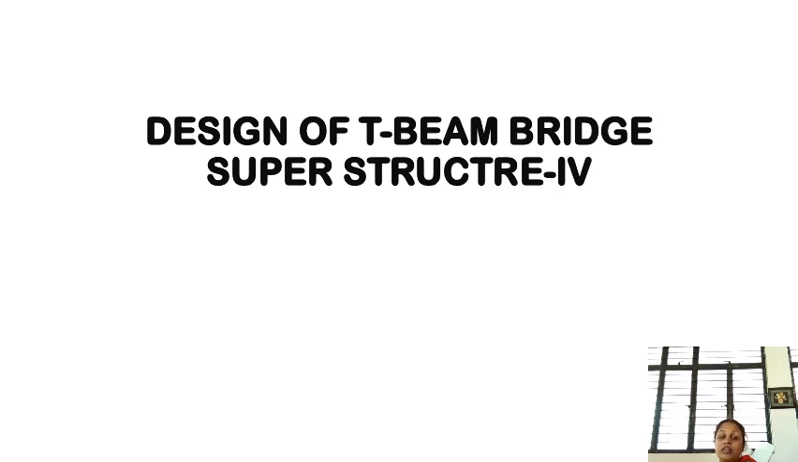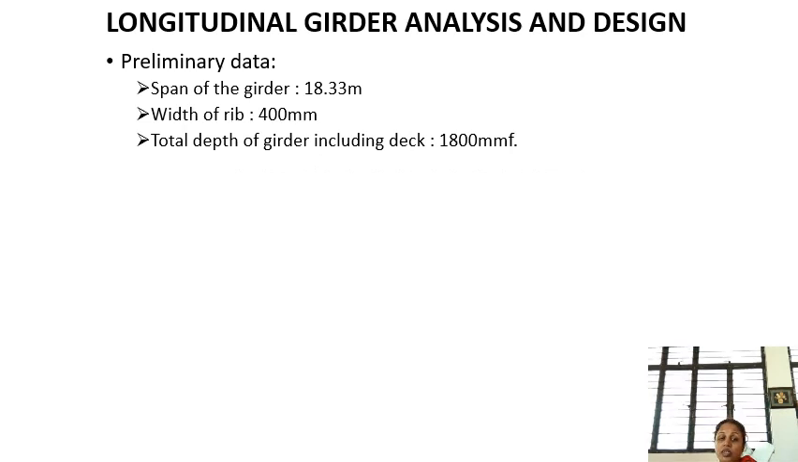Once the deck slab is designed, the cantilever portion and the inner panel sections are designed, then we need to design the longitudinal girder. So it is done either by Courbon's method, Henry-Jaegar method, or the Guyon-Massonnet method. So the preliminary data is, we have the span of the girder, that is 18.33 meter,